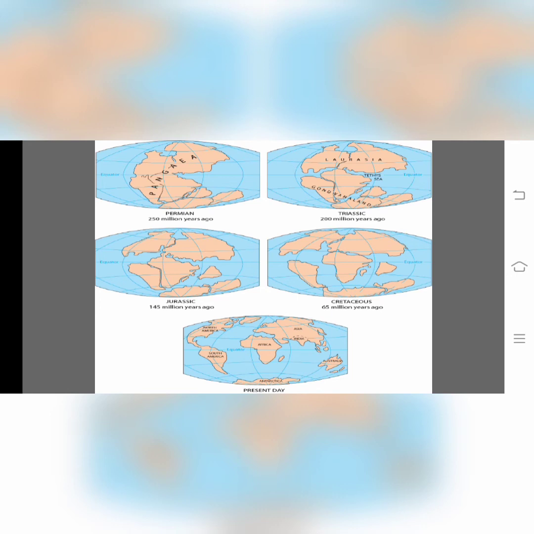Now take a look at the forces behind this theory. There are two types of forces, the gravitational force and the tidal force. The equatorward movement was caused by gravitational differential forces and force of buoyancy. The westward movement was caused by the tidal force of the sun and the moon.